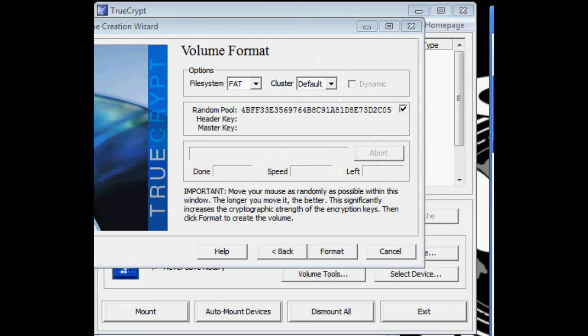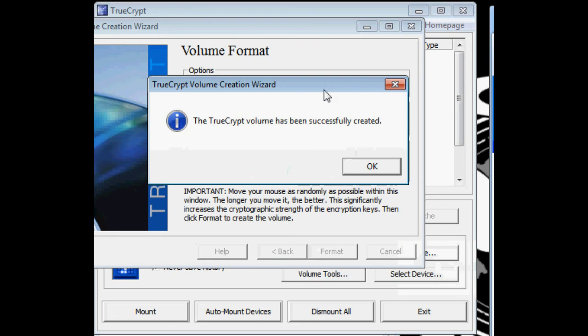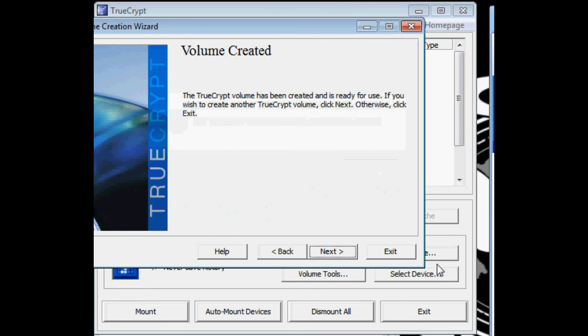Read carefully the information displayed in the wizard window. After you choose a good password, type it in the first input field, then retype it in the input field below next to it. So that was the password before. So here, just move your mouse as fast as you can, then click format. A window like this will pop up. So press OK and click exit.